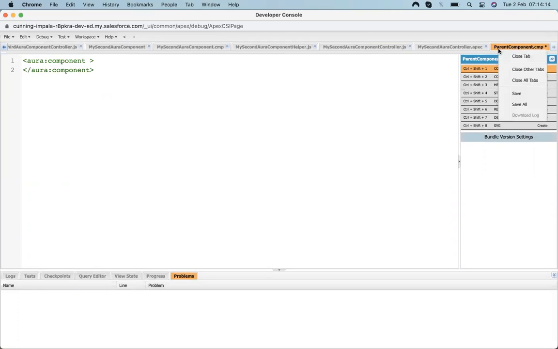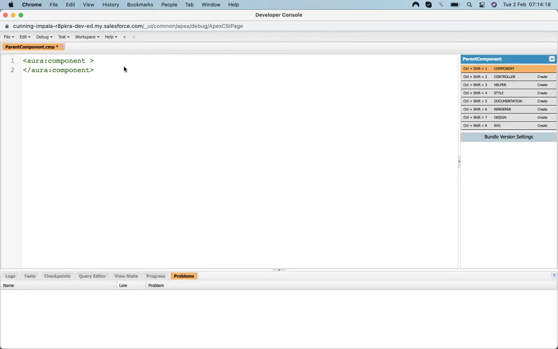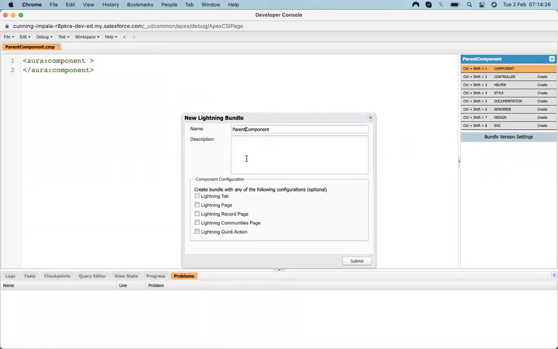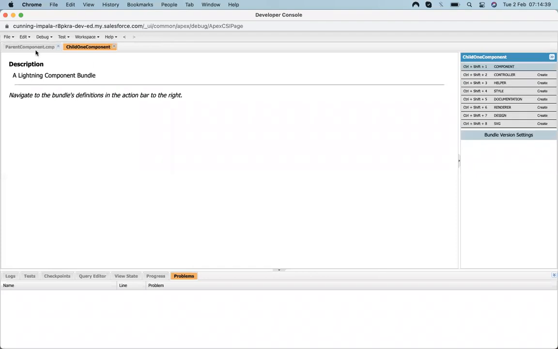Okay, there is a component called parent component, and I'm now going to create a child component. Child one. Okay, I created a component called child one.